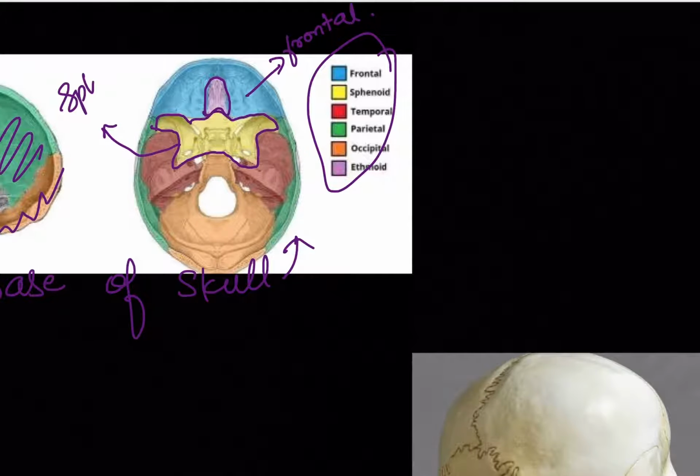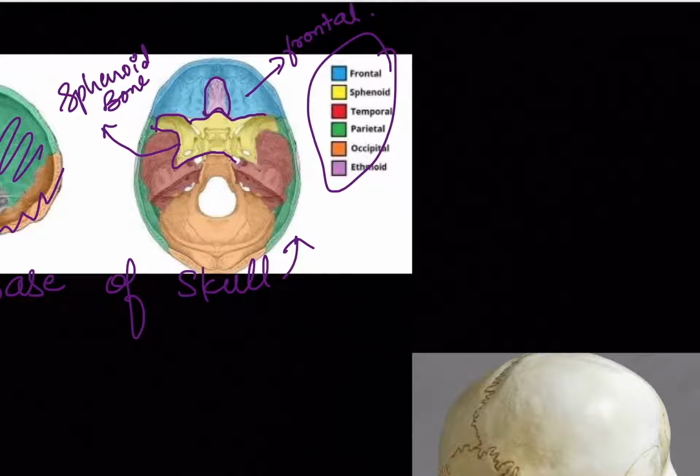Yes. So what is this bone? Sphenoid bone. It has a lot of foramens. Foramens are apertures or openings. Through them many nerves, arteries, and vessels will be passing. We'll be knowing that later on. For now, you just need to know how many bones are present. So this is the sphenoid bone.